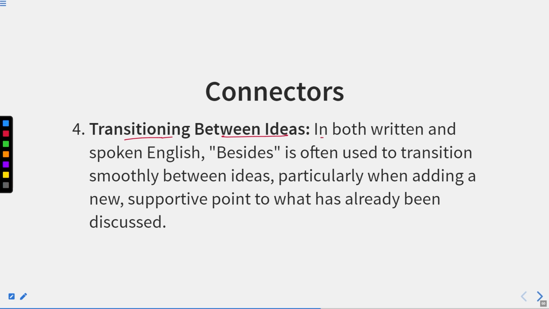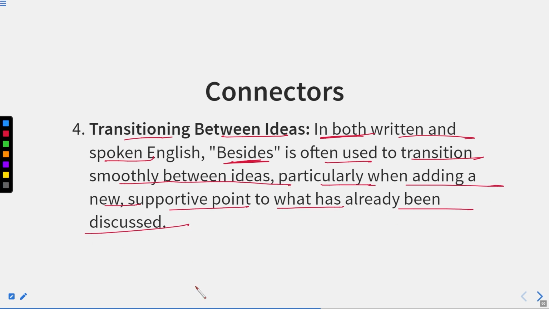Transitioning between ideas. In both written and spoken English, besides is often used to transition smoothly between ideas, particularly when adding a new supportive point to what has already been discussed. So, whatever has been said, and we are adding information to it, the concept, the ideas should flow coherently, or you can say in a sequence. It means whatever has been earlier mentioned, the extra information should relate to the particular statement which has already been mentioned. Okay,